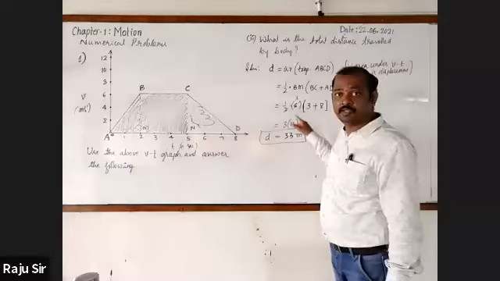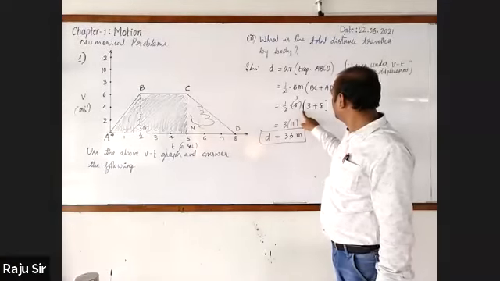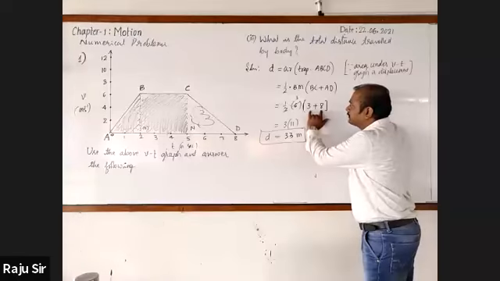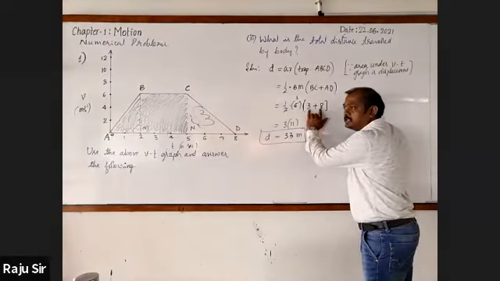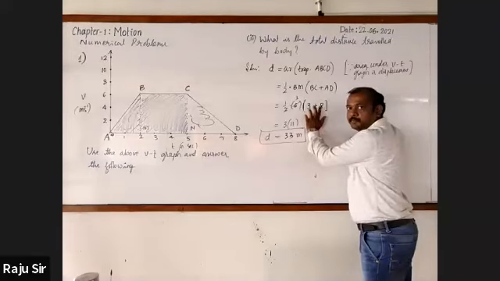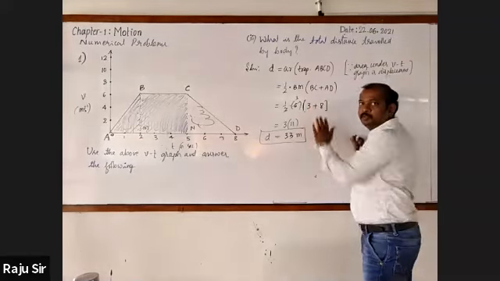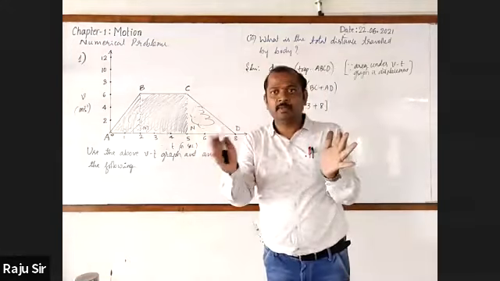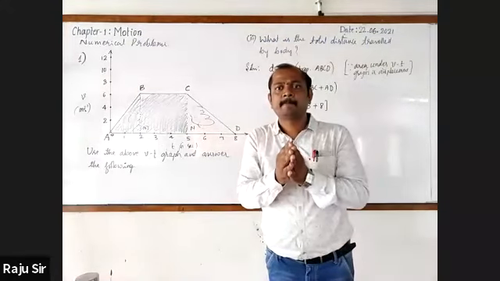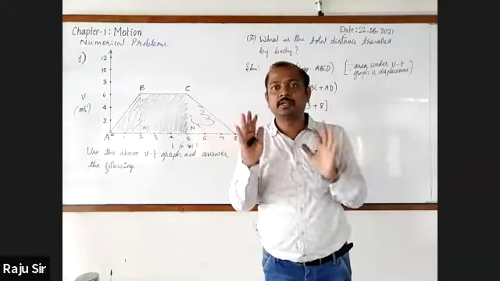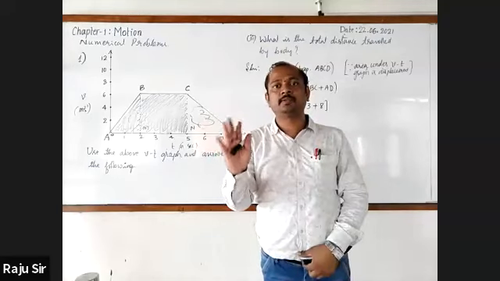Sir, we cannot cancel 2 by 8, sir. 3 plus 8, we cannot cancel the 2 with 8. Because inside the bracket we have terms, and these terms are separated by plus. When the terms are separated, whether by plus or minus, then you cannot cancel. Cancelling works only for a single term in product form.